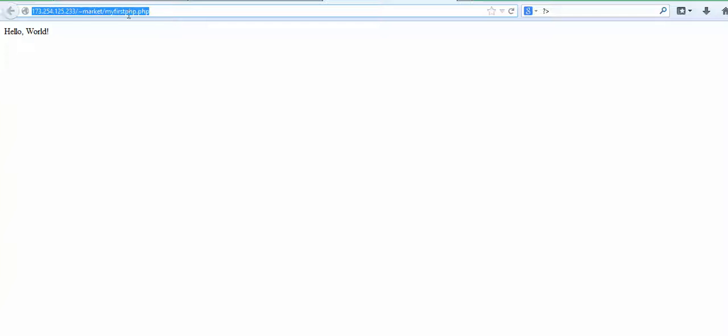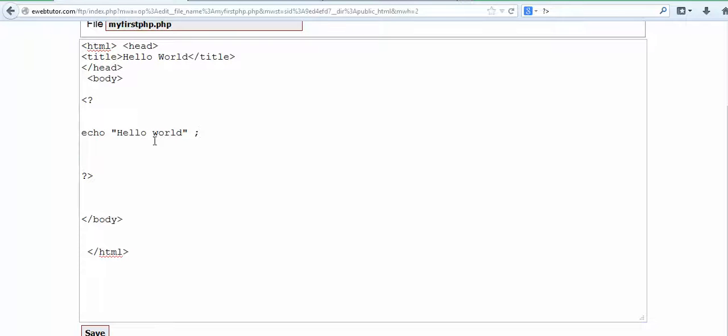Like now, if you couldn't run it, how would you see hello world? It's because PHP is already installed on your server. That's why you are able to run PHP code. So what I'm trying to say in essence is this: irrespective of whatever server you are using, whether you pay for the server or the server is given free to you, like what Ewebtutor is giving free, or whether you purchase the server from a site like